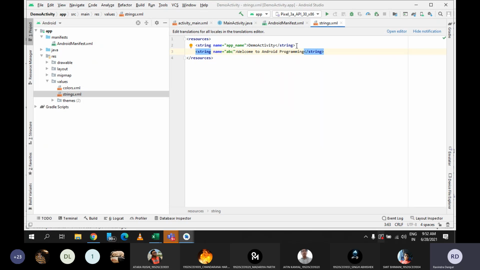See, now let's say in my application there are 10 to 15 activities, and in any activity I want to display this text, welcome to Android programming. Fine. And for example, मेरी जो एप्लीकेशन है उसमें मुझे 100 टाइम्स ये जो टेक्स्ट है उसकी जरूरत है. I want to display welcome to Android programming 100 times in any particular activities. पहली एक्टिविटी है, वहां पे मैंने 5 बटन अभी रखा है, तो 5 बटन पर मैं जब क्लिक करता हूँ तो मुझे मैसेज चाहिए वेलकम टू एंड्रॉइड प्रोग्रामिंग.